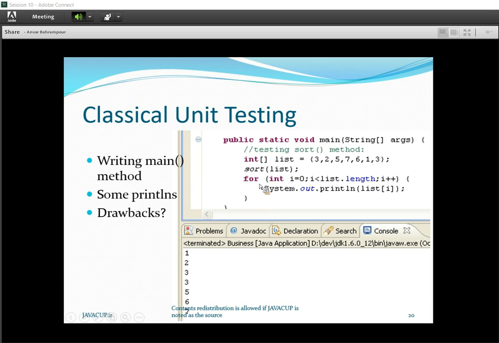So, in order to give enough confidence about the sorted list, we should print out the sorted form of the list and check the correctness of the sorting. For this aim, we use a for loop to print out the elements of the list. So in this for loop, we use the print line statement to print each element of the list, and as you